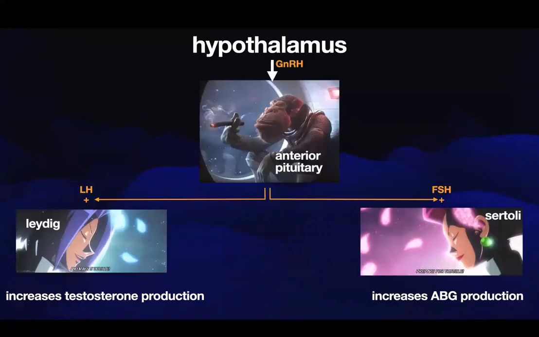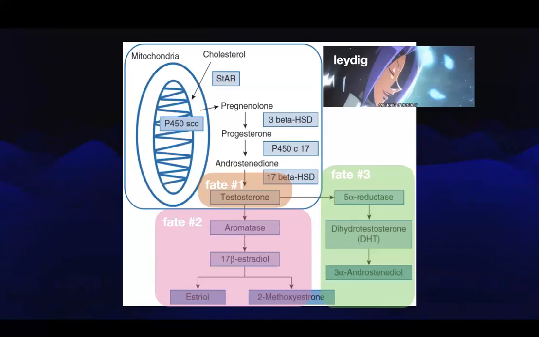This is an example of how the hypothalamic-pituitary-gonadal axis controls reproductive endocrinology. The hypothalamus secretes GnRH, which goes into the anterior pituitary, which produces LH and FSH. The LH goes to the Leydig cell, so L for L, and that will produce testosterone, and the FSH will go to the Sertoli cells and increase the androgen binding globulins. We spoke about how the Leydig cells are very important in the conversion of cholesterol into pregnenolone,